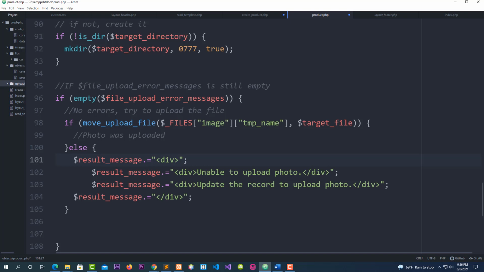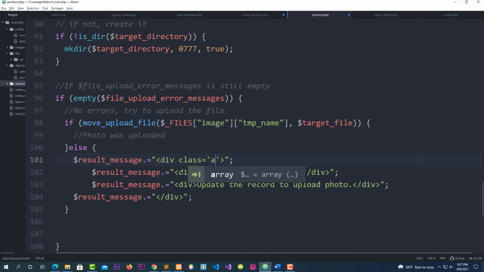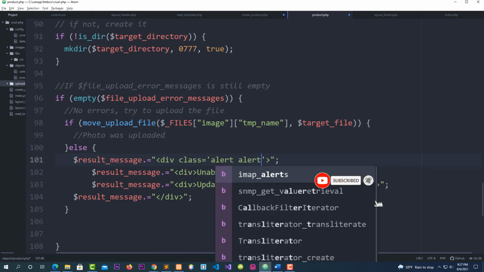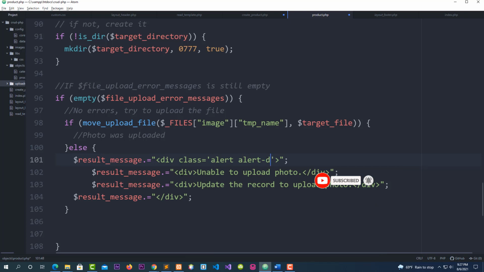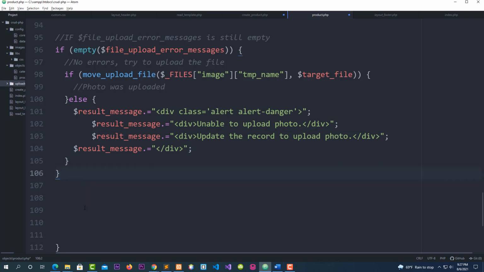I'm going to create a class here. Inside of the div, put a space, put a class here, class equal single quote, put the alert message. I'm going to say alert, space, alert-danger here. Okay, this block of code, and bring this up. Now go here, go to the next line,